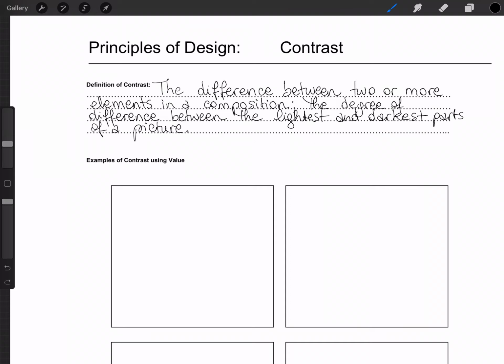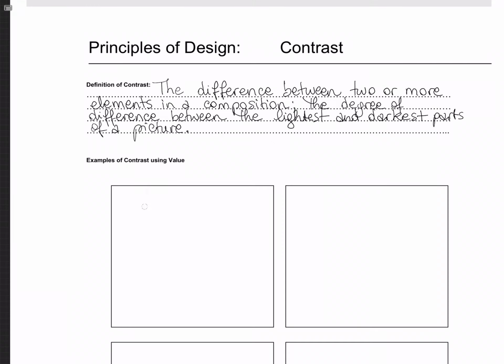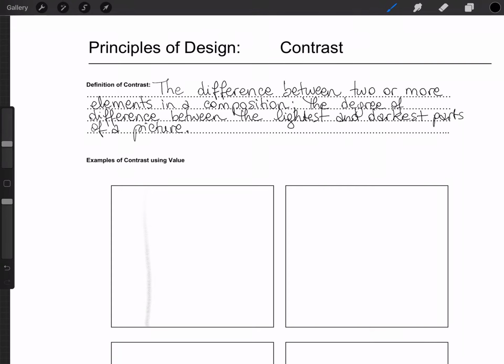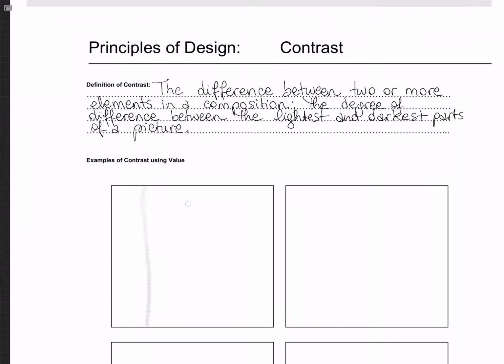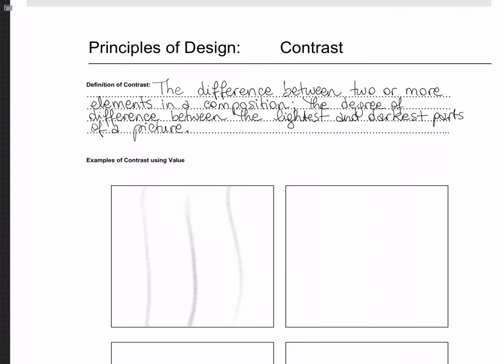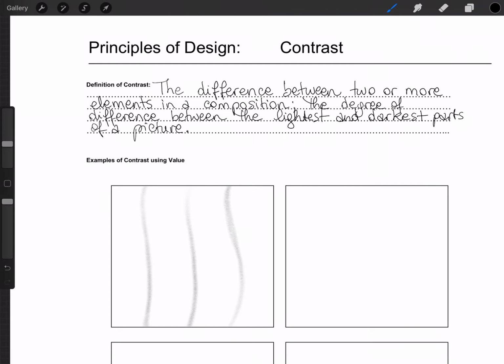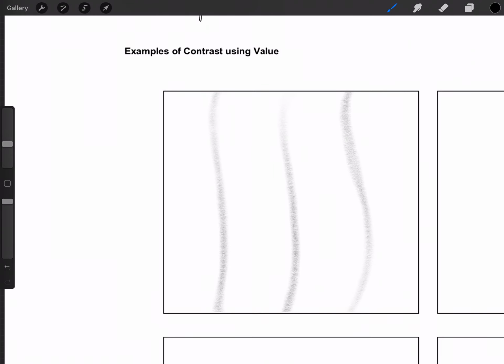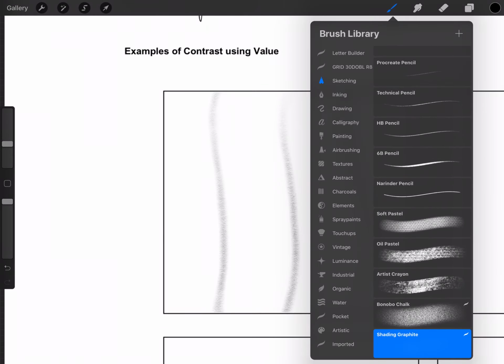So in this first box, we're gonna start out with some simple lines. Draw them very lightly. Give them a little bit of a curvature. And then we're going to